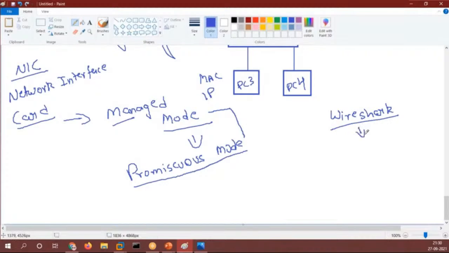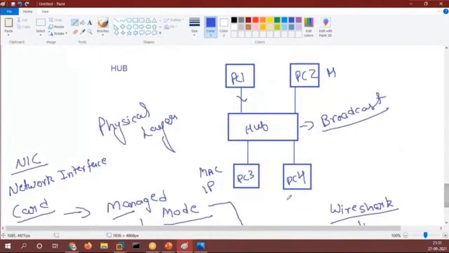Whenever you download Wireshark, a utility called WinPCap is downloaded. This WinPCap utility helps the attacker change the working of the network interface card from managed mode to promiscuous. So this is how you change your network interface card from managed mode to promiscuous.